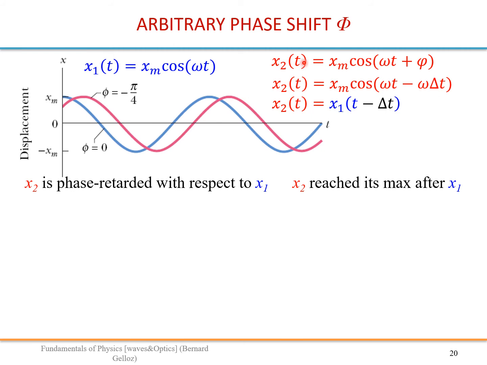Let's look at function x2. So it is shifted. It is the same cosine function, but it is shifted to the right in time space. So we can write it this way. We can also write it in this way by introducing delta t, that is the difference actually between, if you focus on this minima, this minima and this minima. It is a shift in time of function x2 compared to function x1.